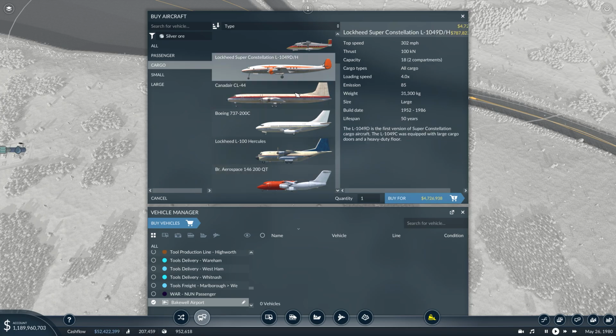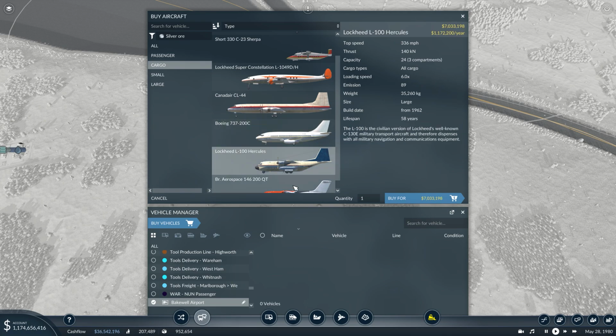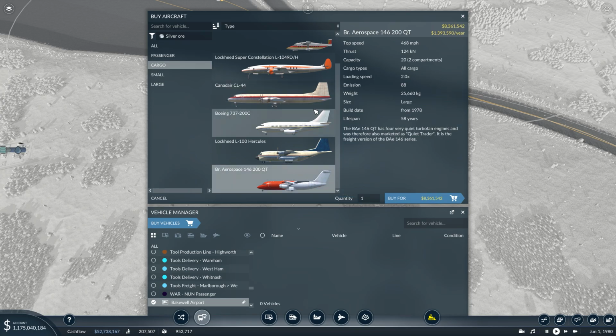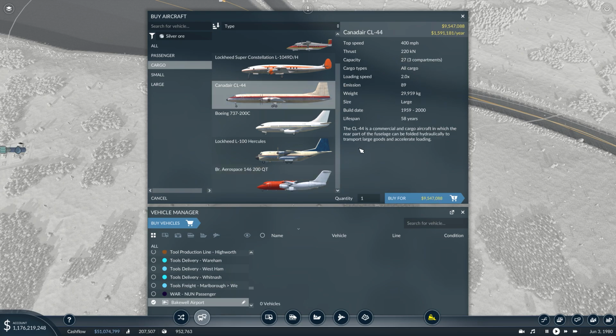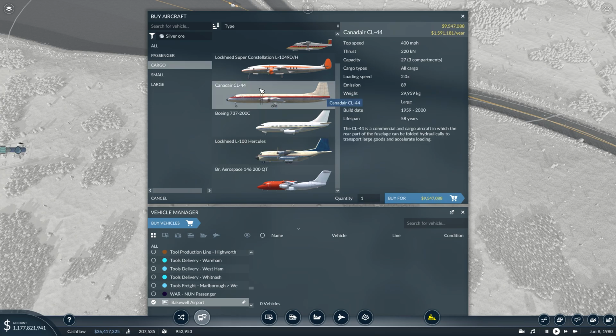So that's got 27, which I believe is going to be the highest capacity. Indeed it is. A little bit slower, but to be fair, it's not going too far anyway. So I think we'll sacrifice the 6 to 8 miles an hour in exchange for the 7 increased cargo units. That's obviously a lot slower, so that one's been ruled out pretty much. Yep, we'll go for this one, the Canadair CL44, and I think we'll say have...